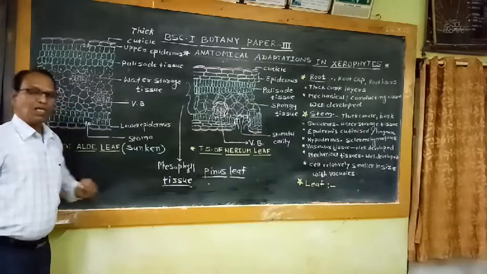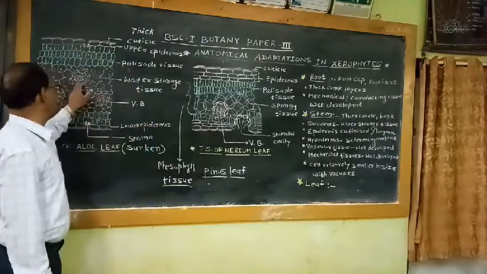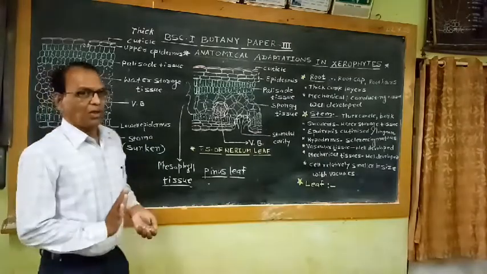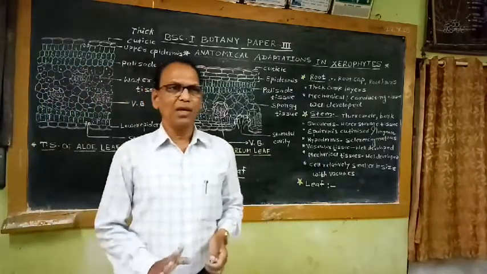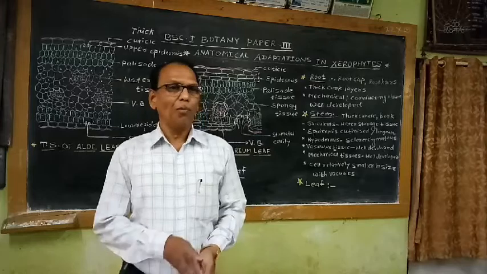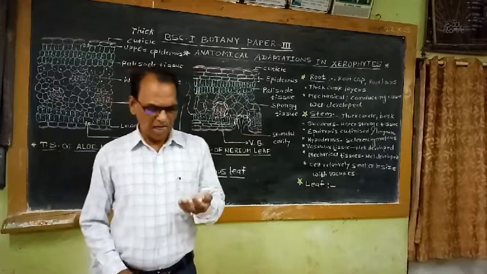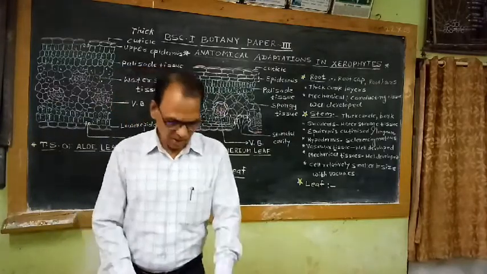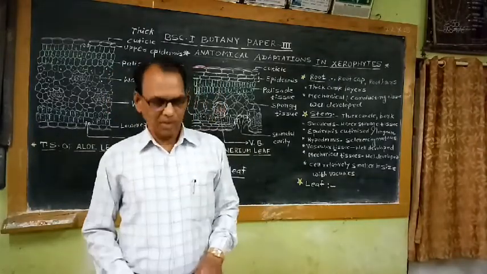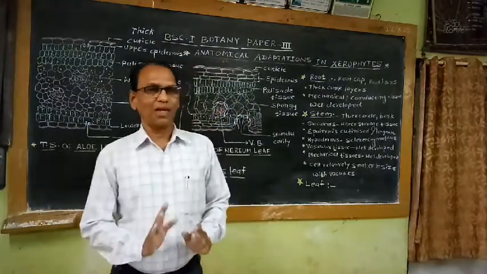These are the vascular bundles. These vascular bundles in the aloe leaf are also well developed. Each vascular bundle possesses well developed xylem elements as well as phloem elements. That means if we observe the anatomy of any leaf, whether it is the leaf of a true xerophyte or drought resisting xerophyte, or the leaf of a succulent xerophyte, both kinds of xerophytic plants possess these anatomical characters, and due to the development of such characters, the organs can resist the adverse drought conditions, and the plants can survive in adverse